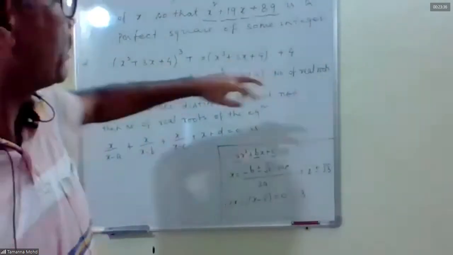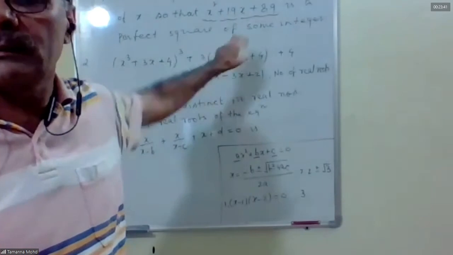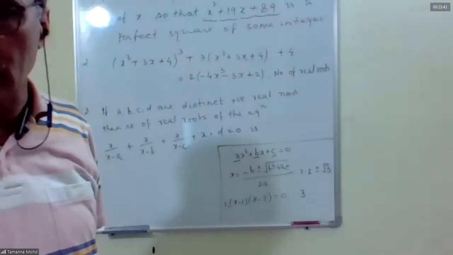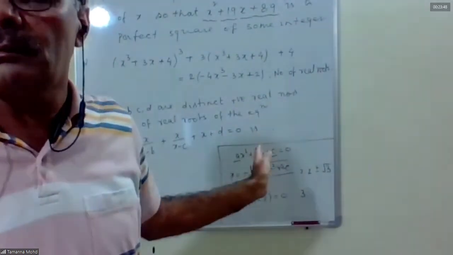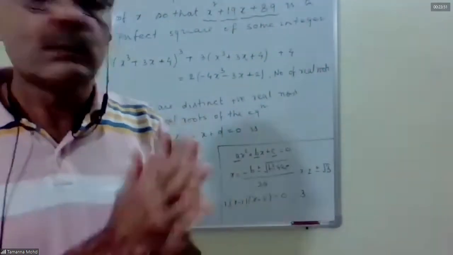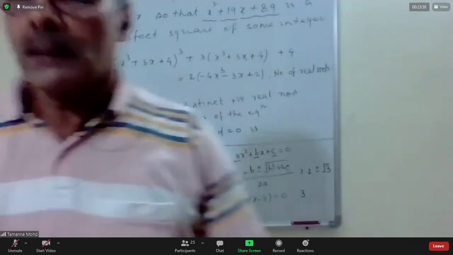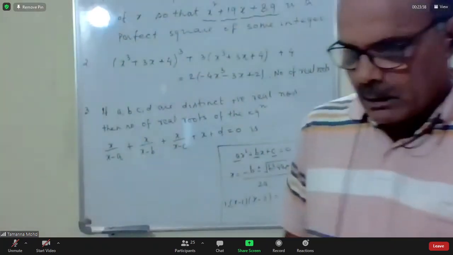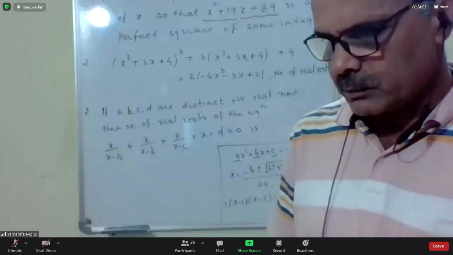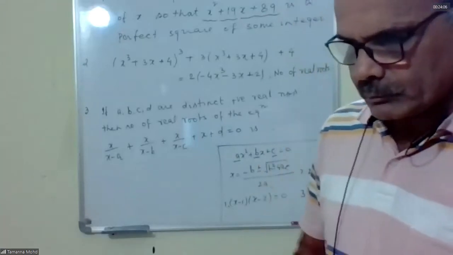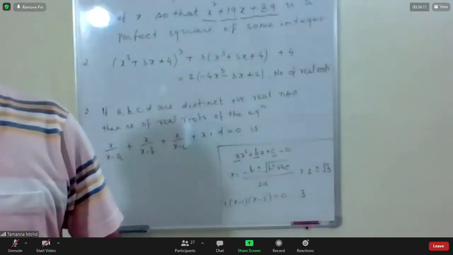Understood? You want some more information to solve this, or you will try? We will try, sir. I will ask you tomorrow, one by one, all of you. Or else I can give you some more information. These two, based on whatever I taught today, you can do completely. So very soon we will wind up this chapter, then we will start the next topic from zero level. Anything else you want?